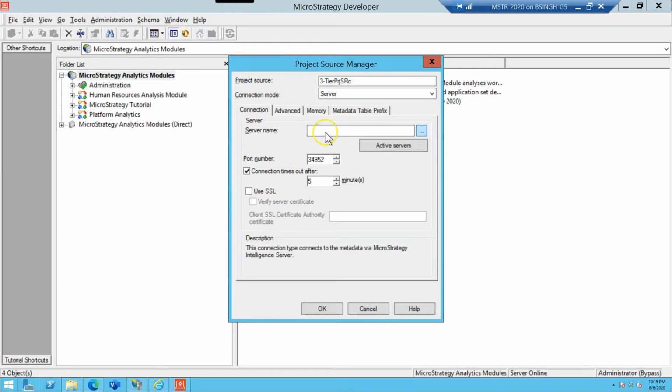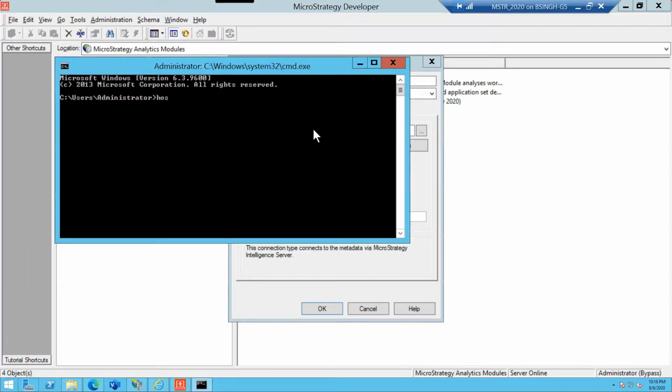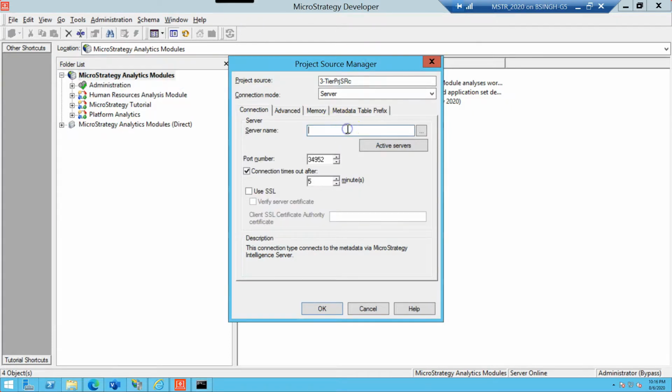It is better not to select it and type it manually here. So let me copy my host name where I have installed my intelligence server. I haven't changed this host name since I installed my Windows, so that's why.